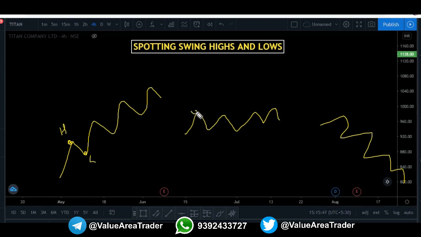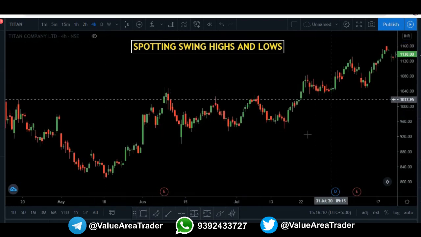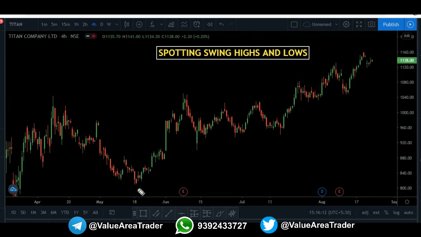In an uptrend, the highs would be higher than the previous highs and the lows would be higher than the previous lows. So higher highs and higher lows. In the downtrend, it is lower highs and lower lows. Sometimes when you have a chart in front of you, it is very hard to point out those swing highs and lows. If you're experienced enough, you can easily do it, but when you're a beginner, it is quite complicated to search for these highs and lows.